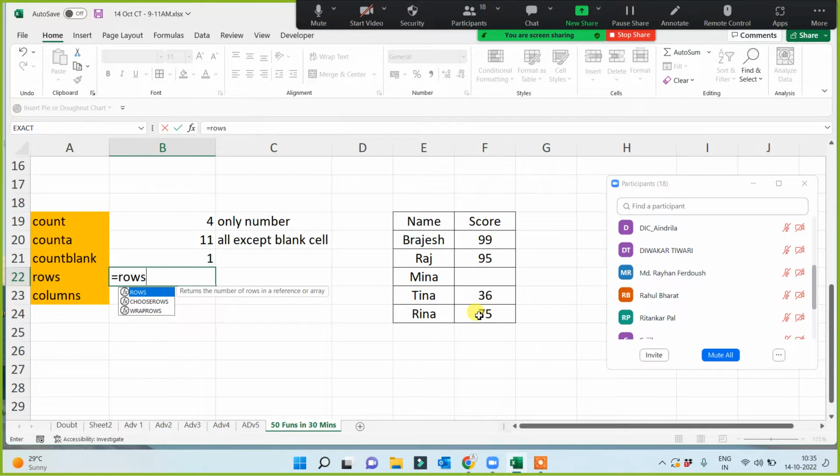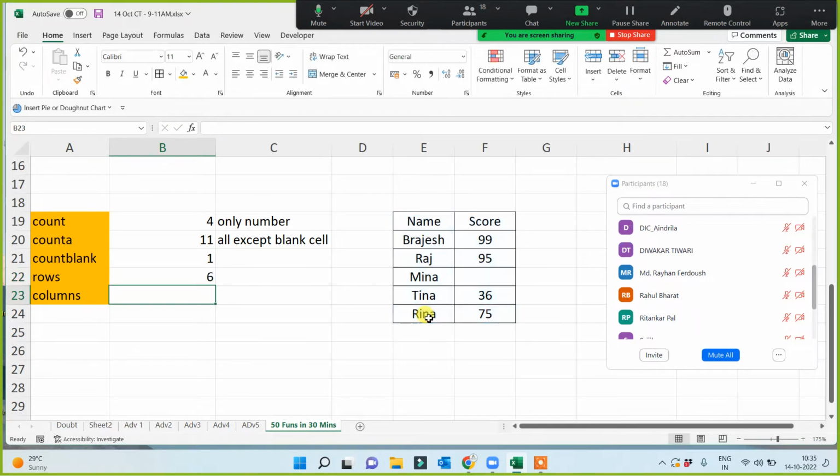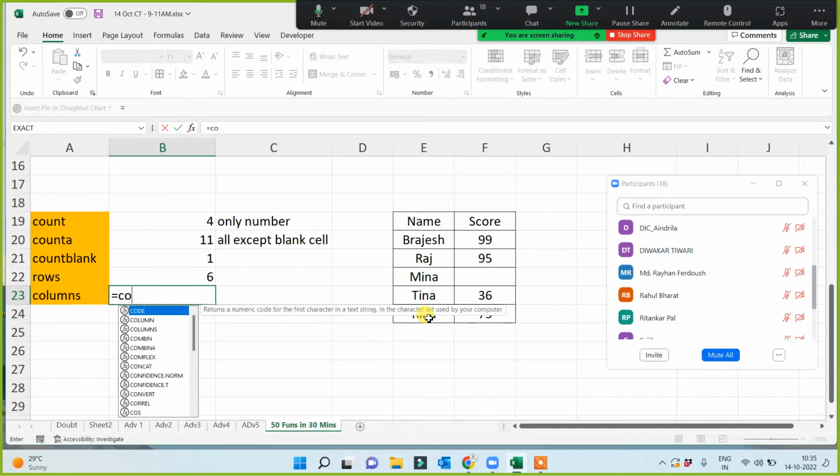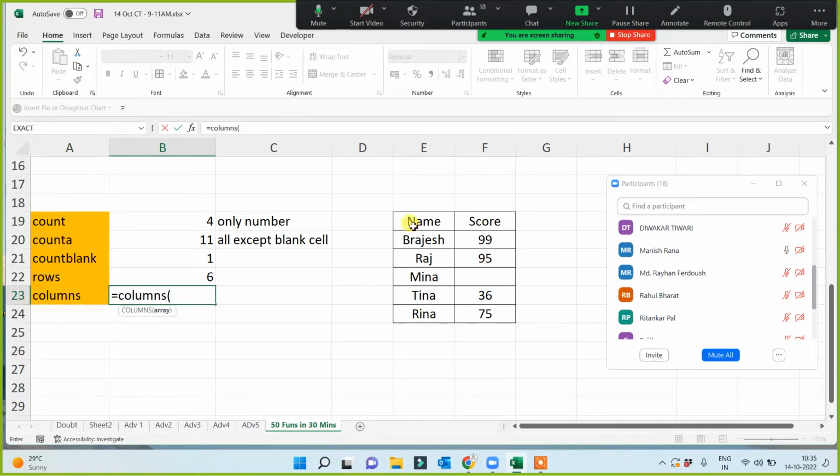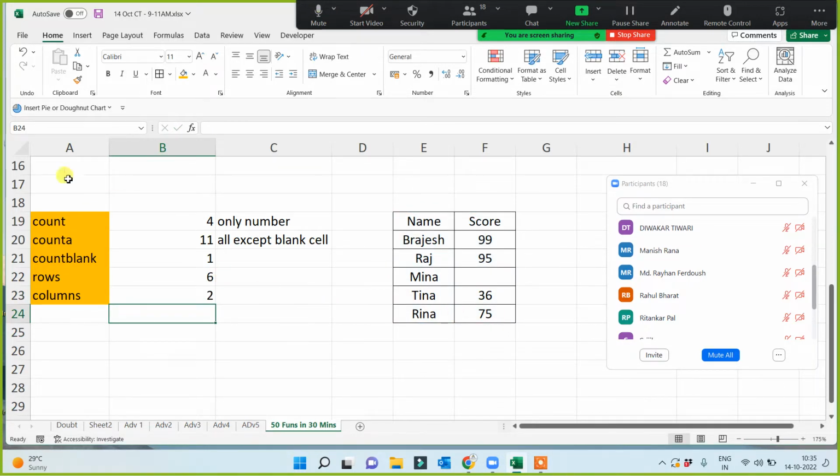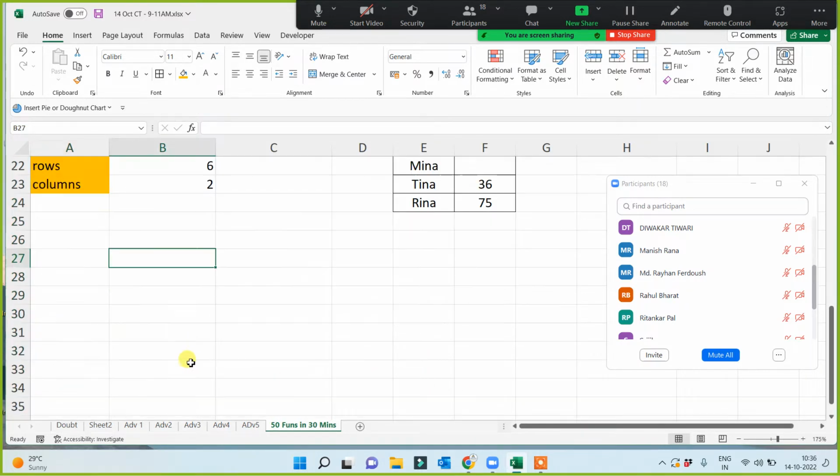Rows means how many rows are there in this data? So 1, 2, 3, 4, 5, 6 rows are there. So this is 6. And how many columns are there in the data? What should be the answer? 2. Very good. So see, 16 functions we have done. Now come to 4 functions, which are